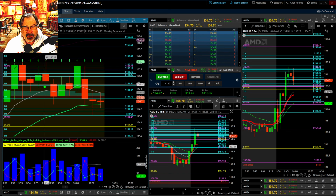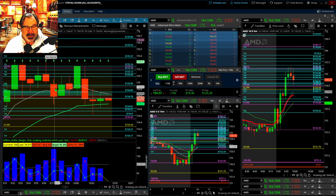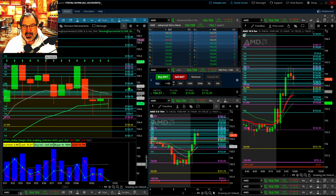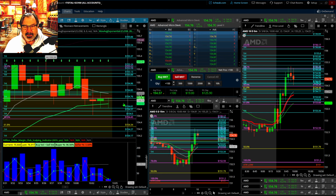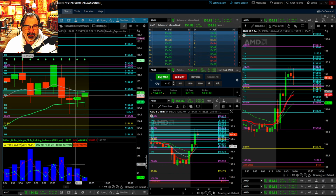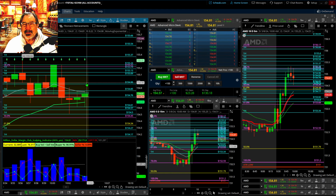So you can see these are being respected. It's not perfect, but they're being respected. So you want to look for them. Then, of course, the Fibonacci levels are more respected, as is the ATR. So this is an impossible situation to trade right here. I'm not trading it. I'm waiting for a more definitive move here of either down or up. So I'll reverse if it starts to go down, and I'll hold for a little bit if it goes up, at least up to the 154.96 maybe,